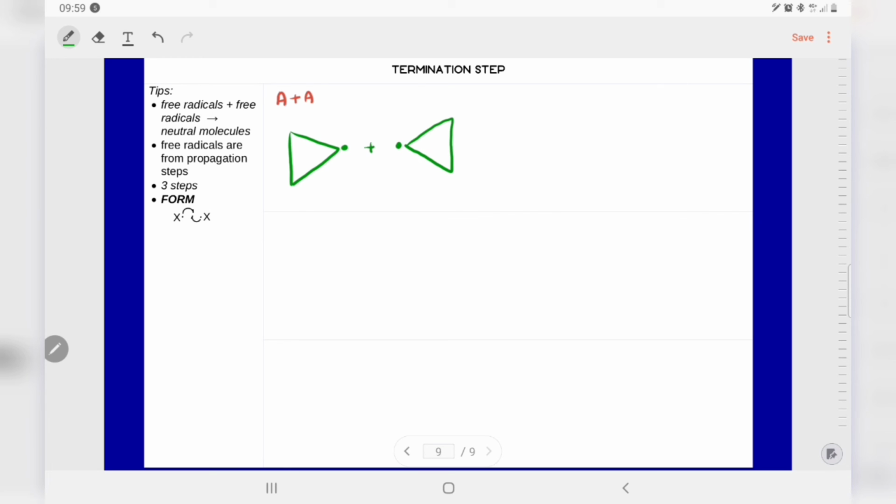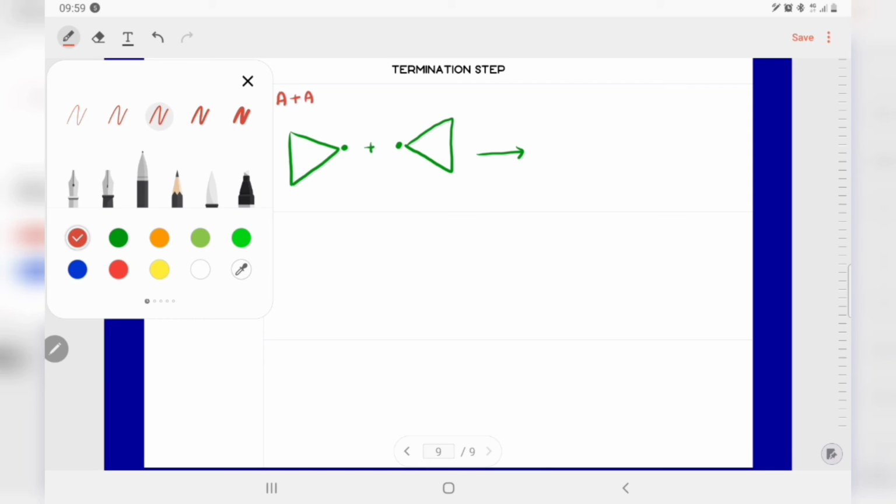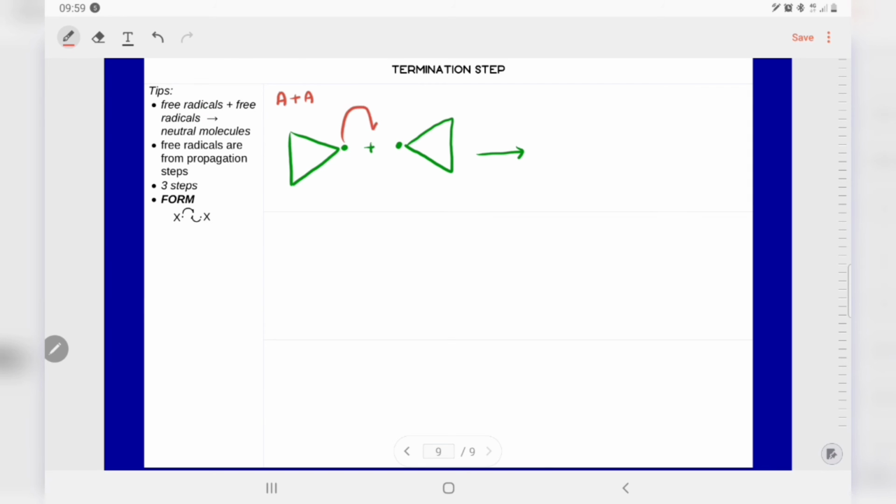Kalau tengok dekat sini, saya lukis terbalik. Kenapa? Sebab kita nak sambungkan elektron belah kiri dan belah kanan. So korang boleh susun semula bagi kemas. So apa yang berlaku ialah one electron daripada kiri share one electron between these two free radical. So bila dia share, apa yang akan terhasil ialah, kita ada dua cyclopropyl tadi. Sini ada one electron, sini ada one electron. So they share electron to form bond.